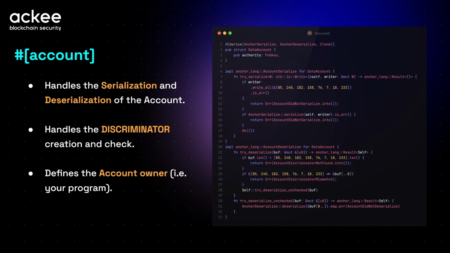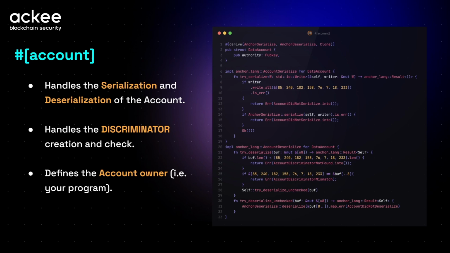Without the discriminator, it can create security issues, because if the data accounts that your program uses have the same length, let's say 32 bytes, it can also be different fields, but the length has to be the same, then there can be a mismatch between the accounts.